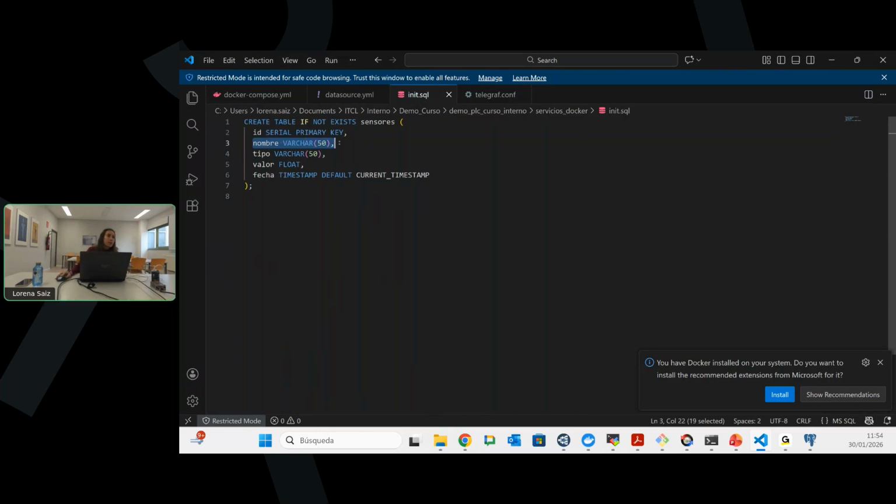And then here is where I'm going to insert the name, the type of the value. The name would be sensor, the type is if it's speed, alarm, or status, and then the value of the variable and the timestamp without time zone. So the first time I deploy the Docker, it's going to create that table. So when I start